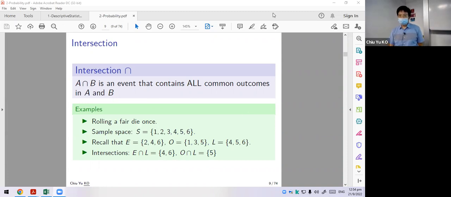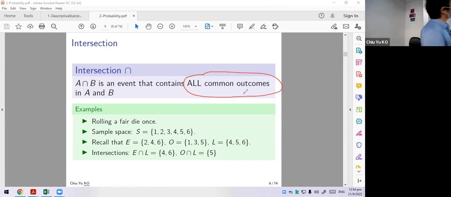Intersection is what you would call all common outcomes. That's why I call it AND. It's just everything in common. So if I roll a fair die once, the sample space is 1 up to 6. And we can define the even numbers as 2, 4, 6, the odd numbers as 1, 3, 5, and large as 4, 5, and 6. So the question would be,